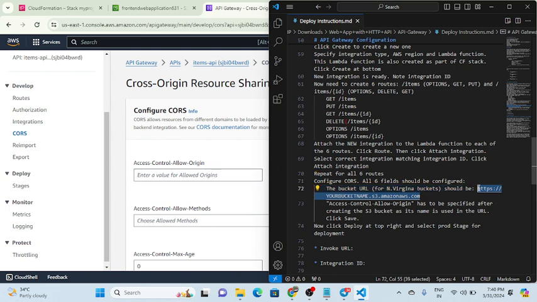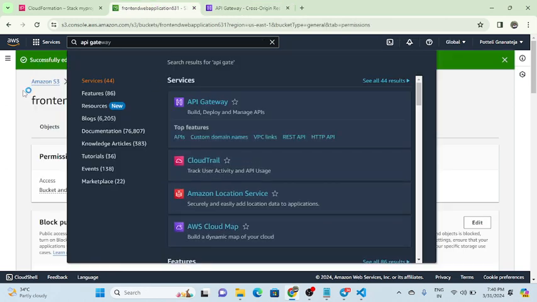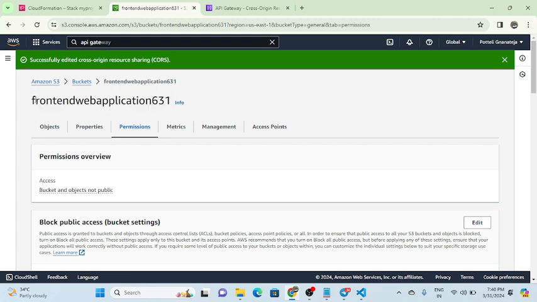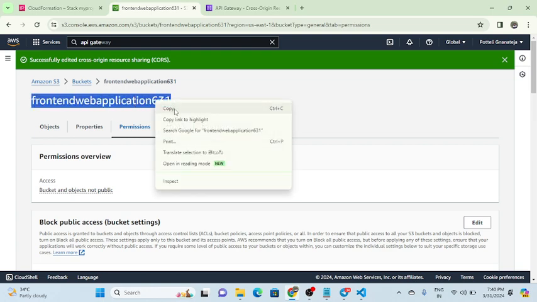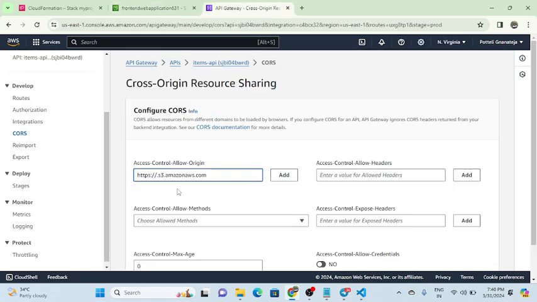Copy this and you have to paste here, and I am going to change my bucket name. What is my bucket name? Front end. I'm going to paste it here,